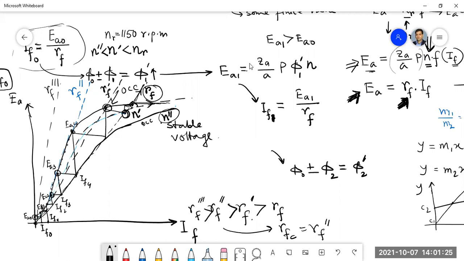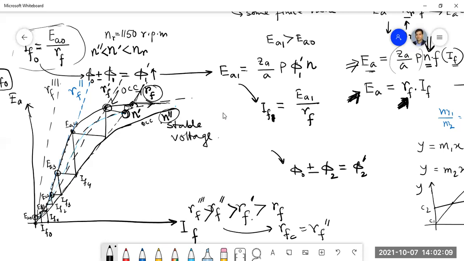So it's tangential. So infinite solution. Again, we'll get the infinite solution, because though here the field resistance line is not getting changed, as the slope of the OCC curve is getting reduced, at some value of the speed the new OCC line can become a tangent to the field resistance line. And again, we will get the infinite solution, infinite points of interception,